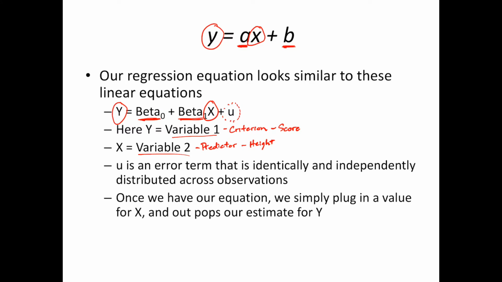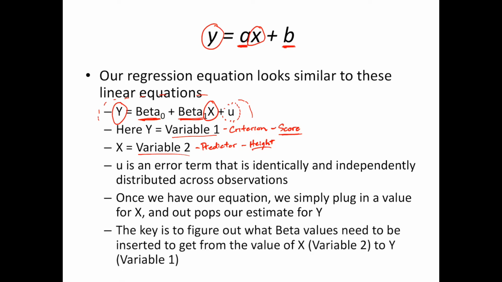And once we have this equation that we're going to learn how to calculate in just a little bit, we can actually plug in a value for X, so plug in a height, and get an estimate for score, how many points that person will score in a given game. The key, and this is where all of calculating regression comes in, the key is to figure out what these beta values are, beta 1 and beta 0. In other words, what is the slope of the regression line, and where is that regression line going to intersect with the y